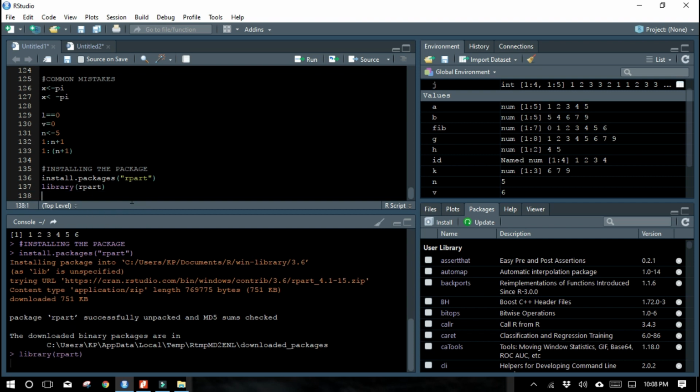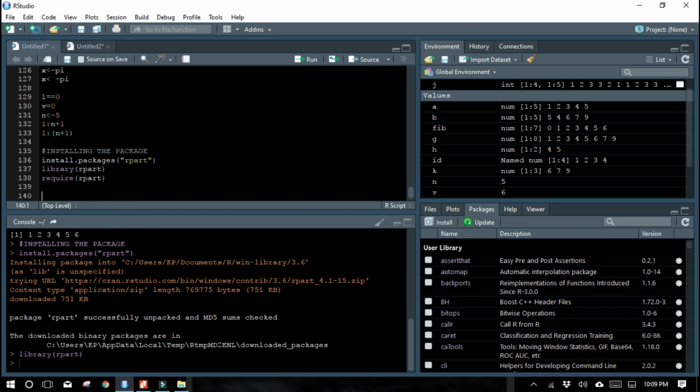Now if you give this, all the functions available in rpart can be used by us. Unless you use this library function, you cannot use the functions inside a particular package. Either you can use library(rpart), or you can give require(rpart). Both do the same function.